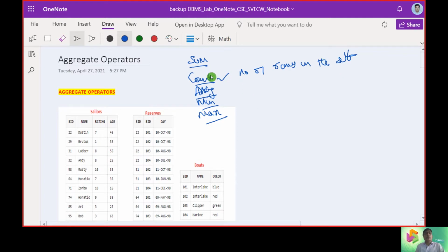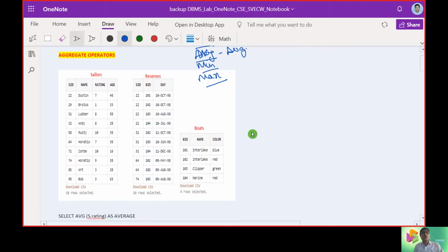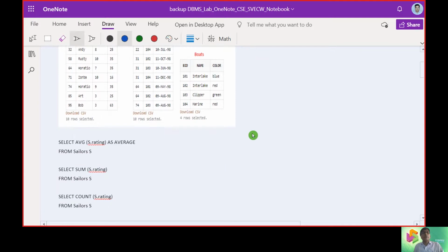When we take age, and we want the total age of the sailors, we can use the sum. Similarly, for average we get the average age. For the least age, the younger age, and the older age, we take minimum and maximum.